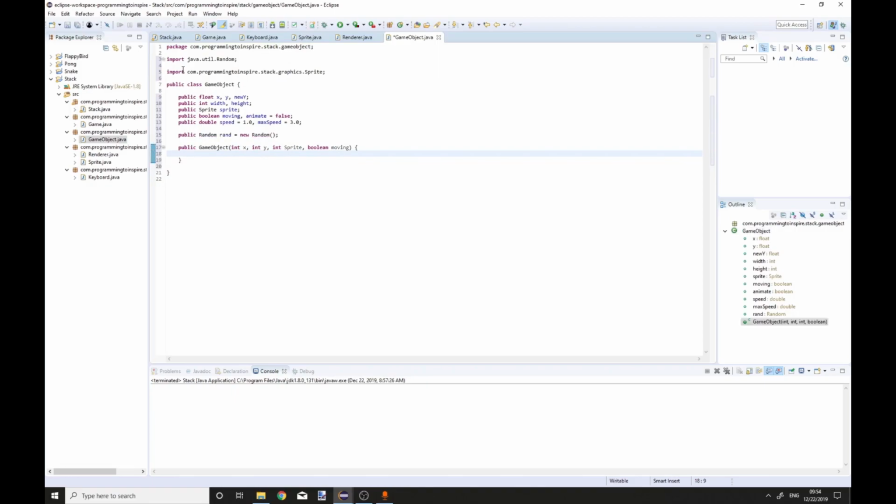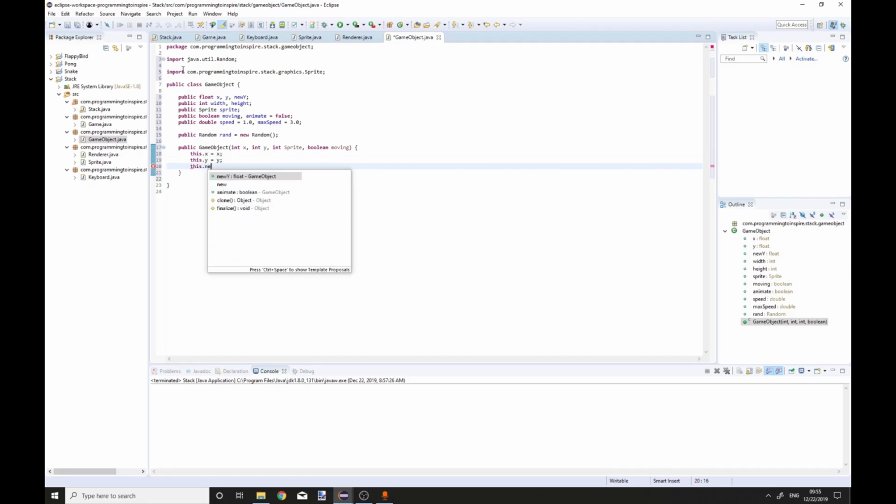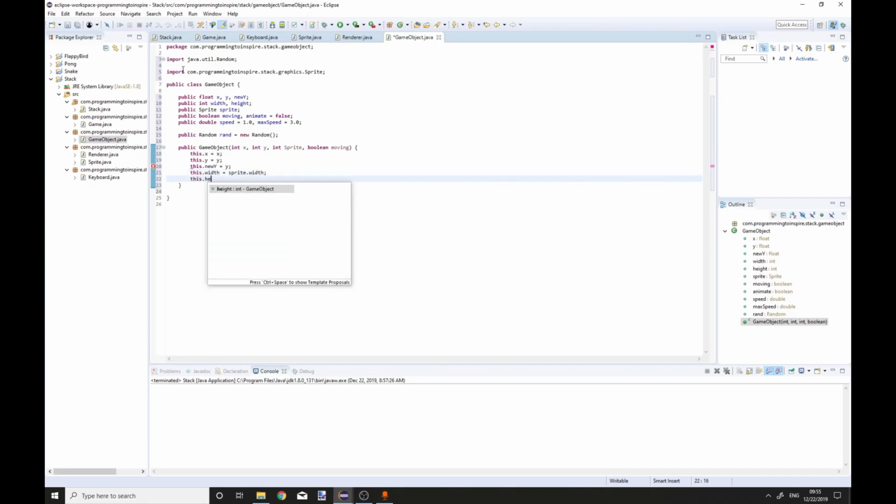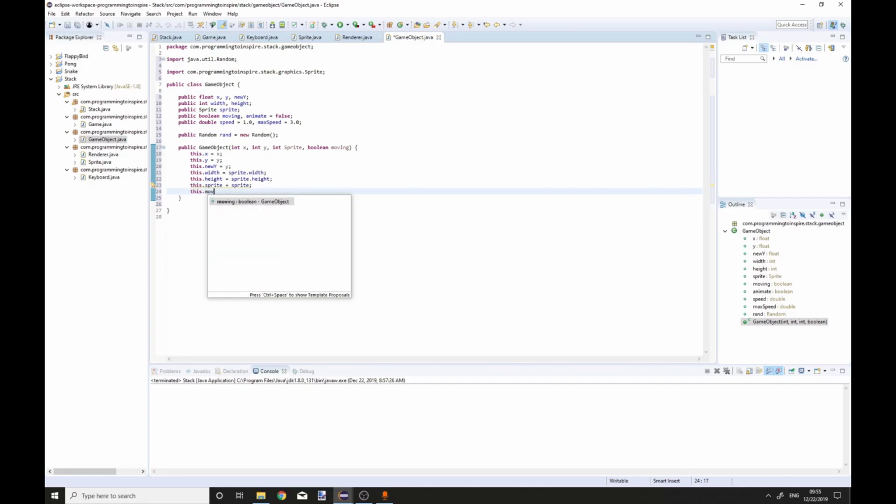Import Random. this.x is equal to x, this.y is equal to y, this.newY is equal to y, this.width is equal to sprite.width, this.height is equal to sprite.height, this.sprite is equal to sprite,